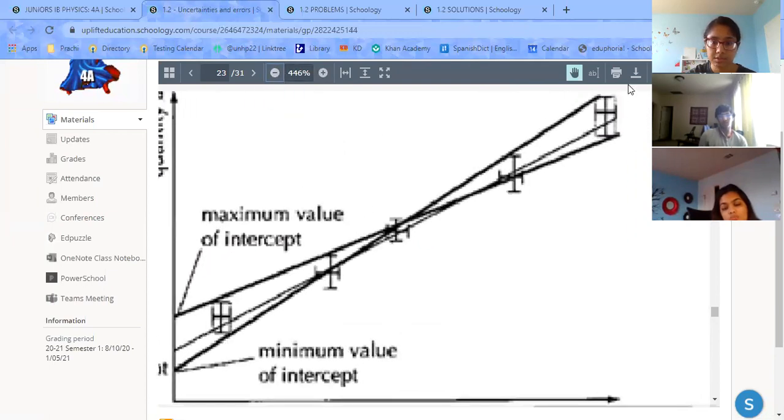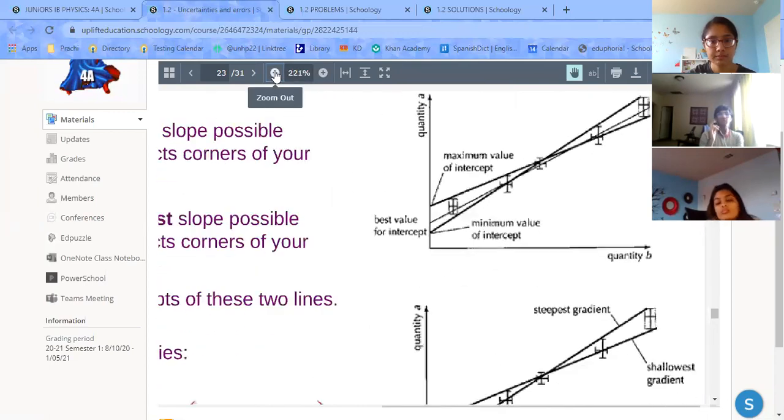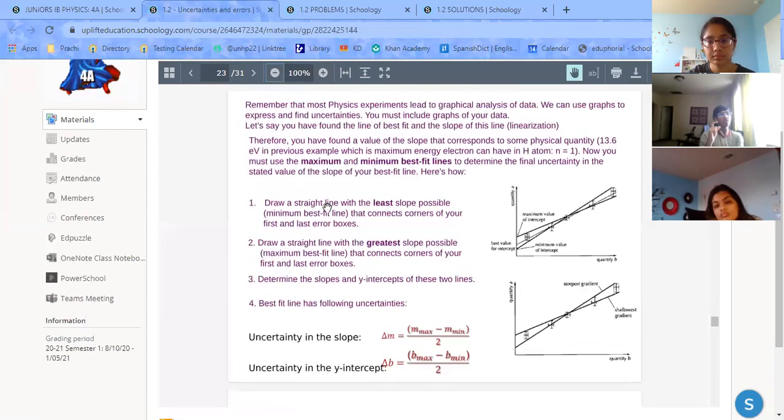And then you would do the opposite. You would use the bottom right corner on the top point and then the top left corner on the bottom point to find the minimum slope, because you can see how this one is obviously steeper than the other one. So say you only took the worst uncertainty,